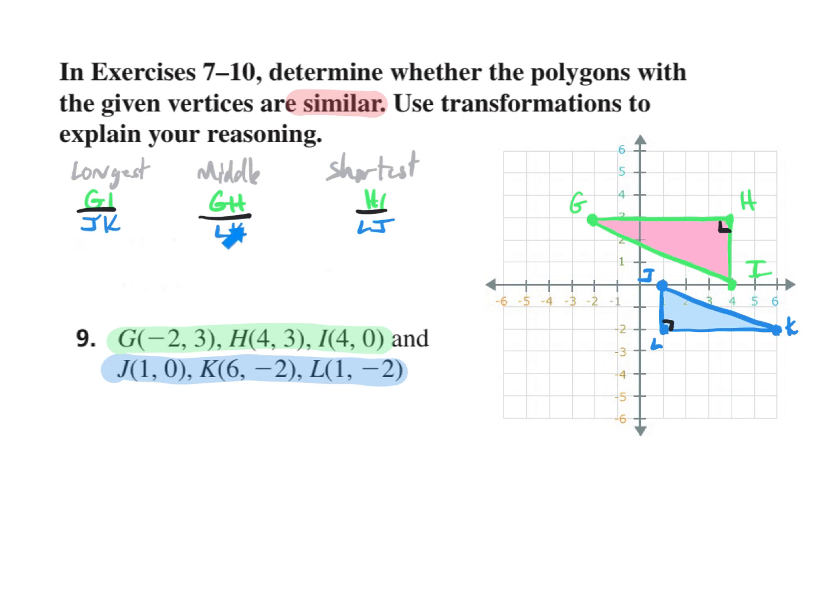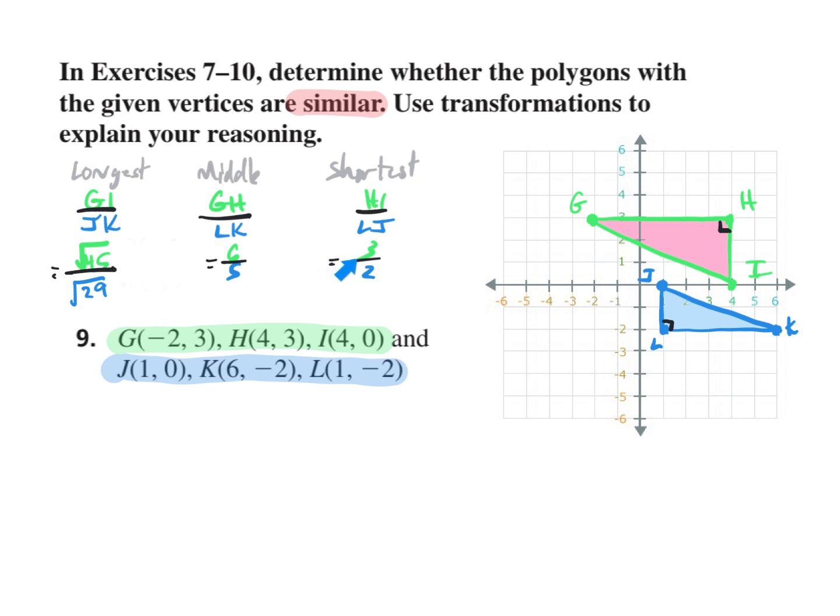If all of these values are exactly the same, then the answer will be yes, it's similar. And if they're not, then the answer will be no. So for the horizontal ones, we can just count their lengths, and the vertical ones, we can just count their lengths. So we get 6 over 5 and 3 over 2. And we don't even need to do the slanted ones with the distance formula because already we can see that this ratio is not the same as that ratio. The green one's hypotenuse is 6/5 longer than the blue one's, but its shortest side is not 6/5, it's 3/2